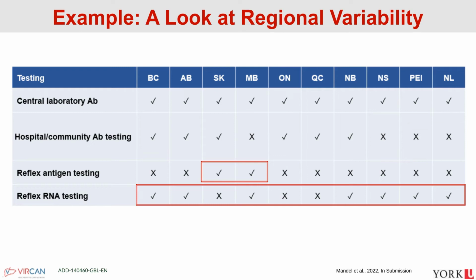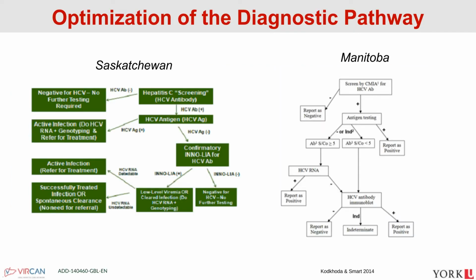2 provinces in Canada very astutely incorporate core antigen testing into their algorithm, and I'm going to just show you what those look like. So those are in the provinces of Saskatchewan and Manitoba, and what they've decided to do is, for anyone who is antibody positive, they actually evaluate the cutoff for antibody testing to decide if they're going to report it as negative or if they're going to progress on to requesting another sample, or in Manitoba, using the same sample for HCV RNA testing. And this allows basically a triage effect in terms of the testing algorithm, which is cost saving.